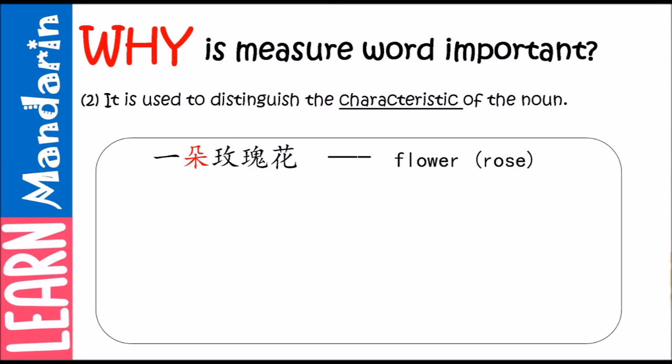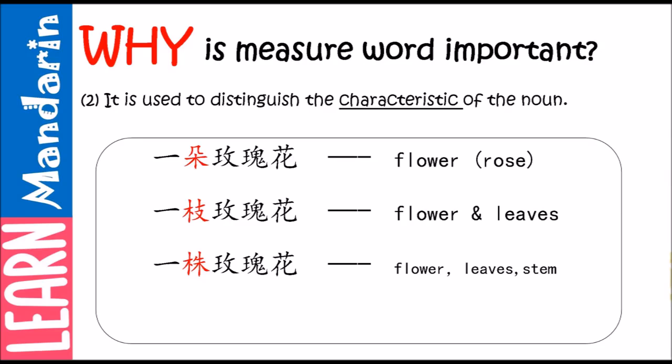Let me try it with rose or 玫瑰花. If you refer to the flower itself, you should use the measure word 朵, 一朵玫瑰花. The measure word now changes to 枝 if you are referring to the flower and leaves of the rose, which is now 一枝玫瑰花. The measure word 株 is now being used if you refer to the flower, stem, and leaves